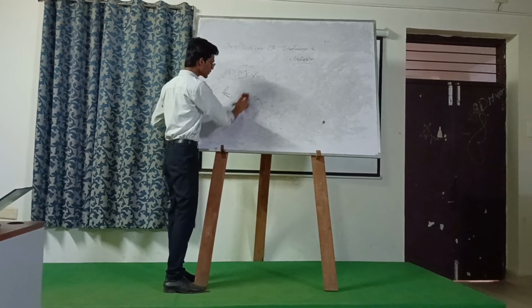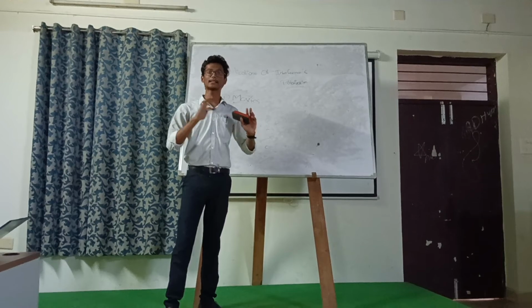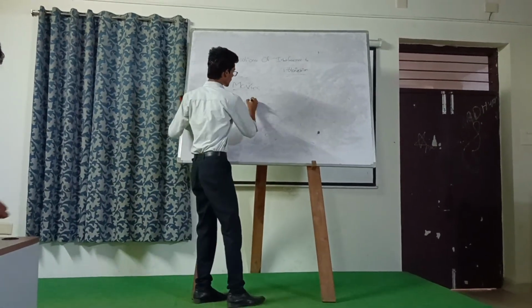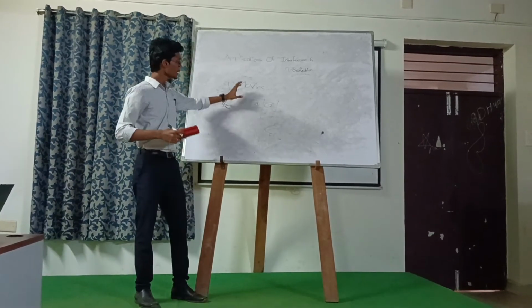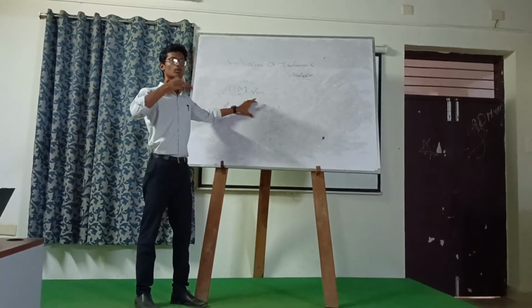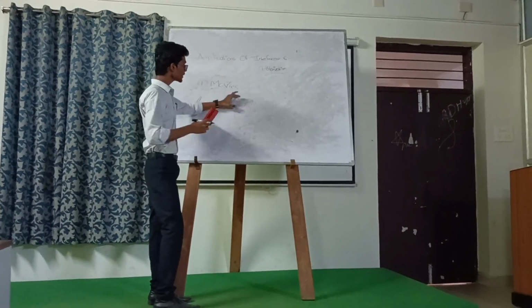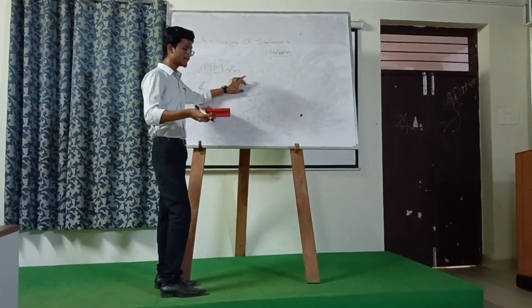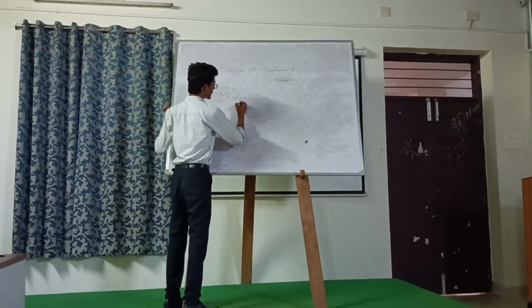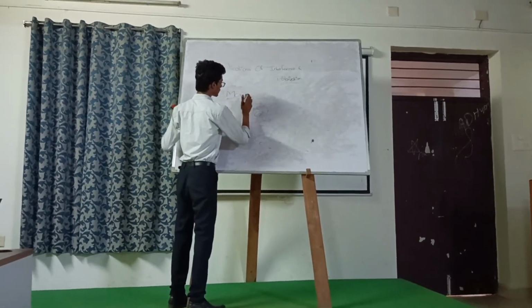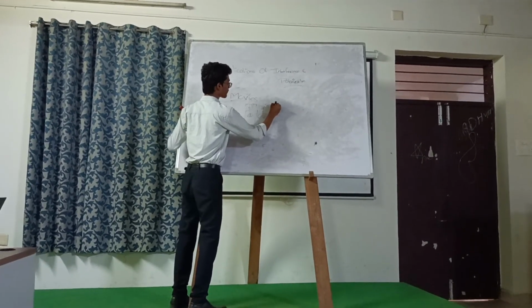Okay, how will it happen? You all know the 3D glasses, right? In 3D glasses, there are two polarizers, right? This is one of them, and this is the second one. The first one emits the O-ray and it allows only the E-ray. And the second one, sorry, it blocks the E-ray, and it allows only the O-ray.